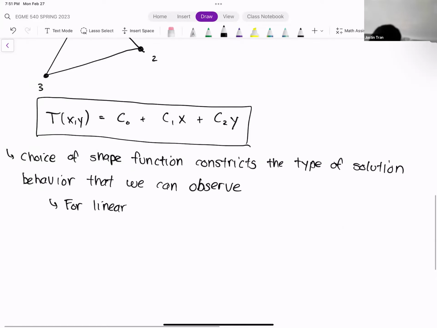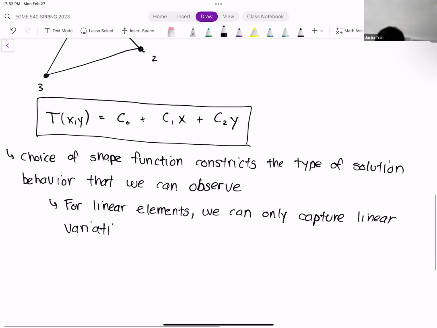So for example, for linear elements, we can only capture linear variation of the solution.